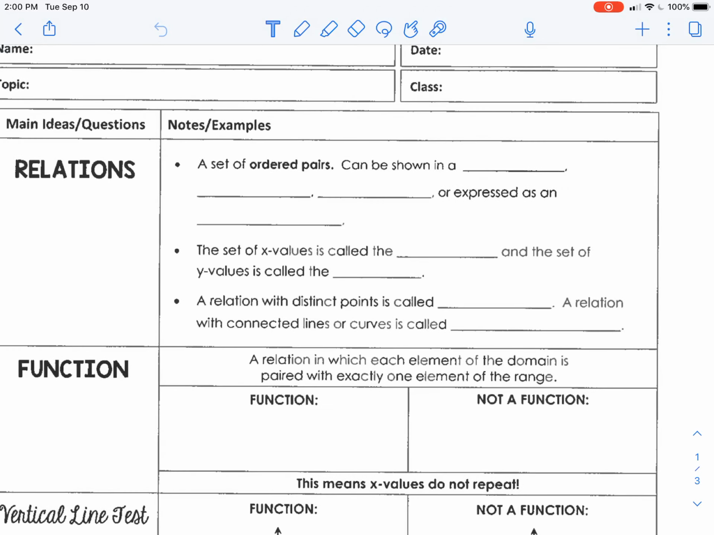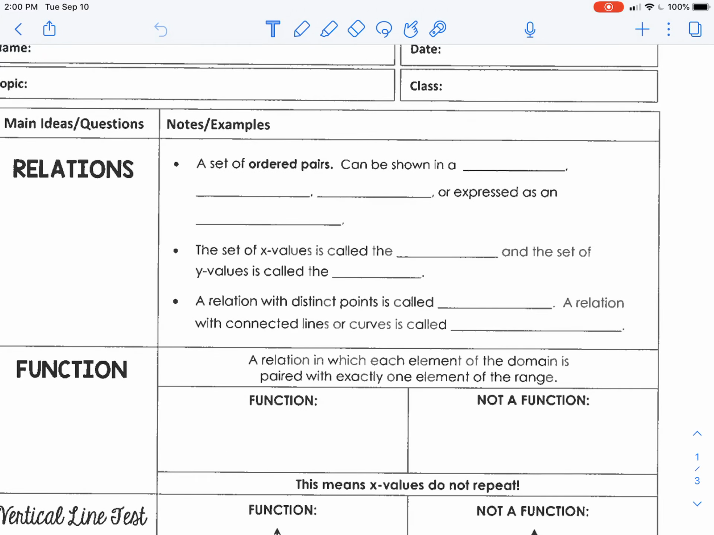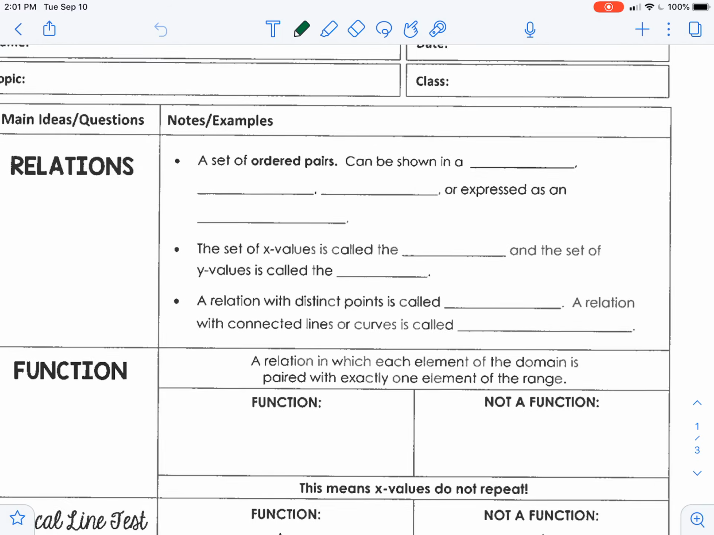Let's get some vocabulary words going here. Our first word that we're going to talk about is: what is a relation compared to a function? A relation is when we're comparing any two things. I'm going to go ahead and write that over to the side here. It is when we are comparing